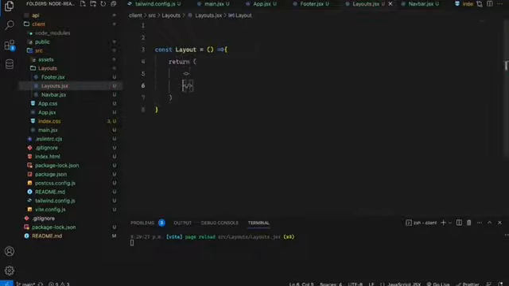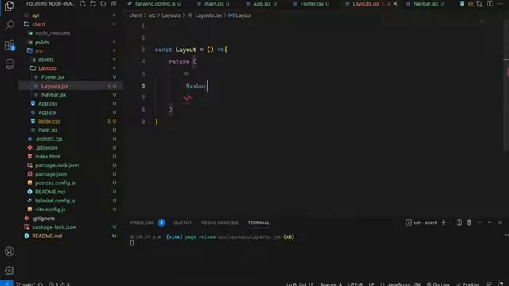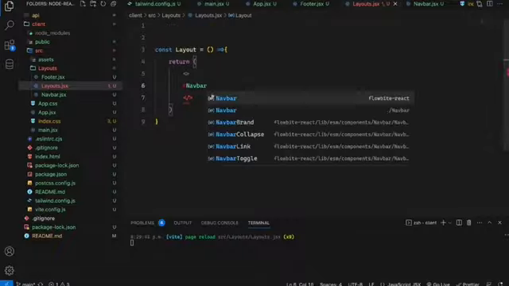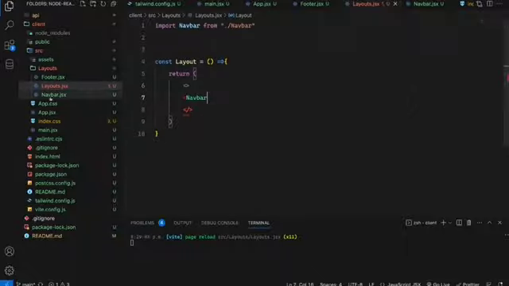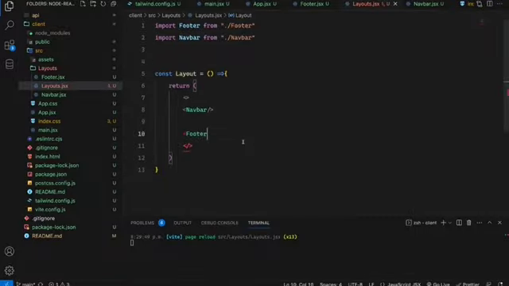After that, we need to import our navbar, not from React, Navbar from our navbar. Okay, layout navbar, and then we will import Footer from our footer component, this footer component,